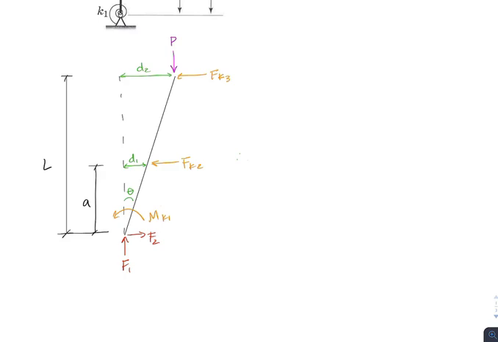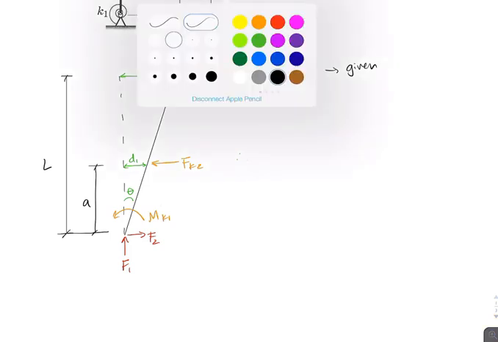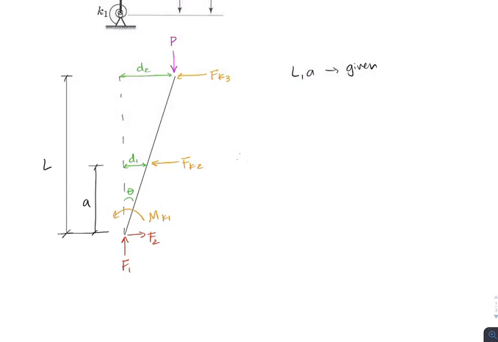just so that we can fit all of our variables in. So the first thing we want to find is all of our distances in our problem. So L and A are going to be given, so we don't have to worry about finding those. And so the next things we want to solve for are D1 and D2. And then theta we're just going to keep as theta. So for D1 and D2,